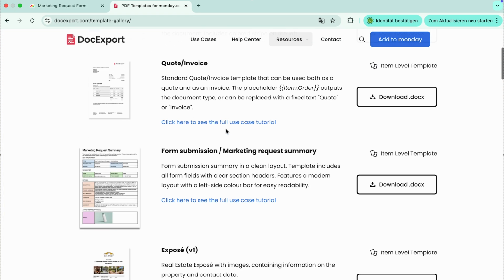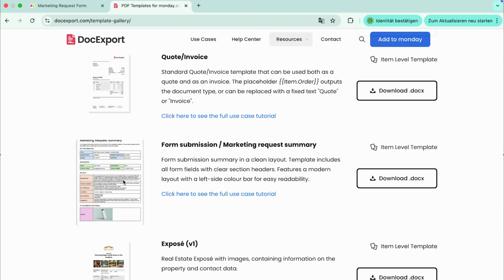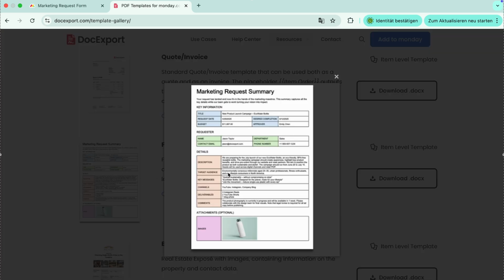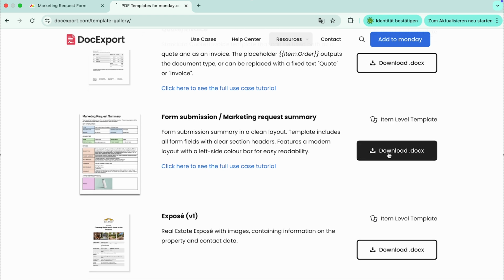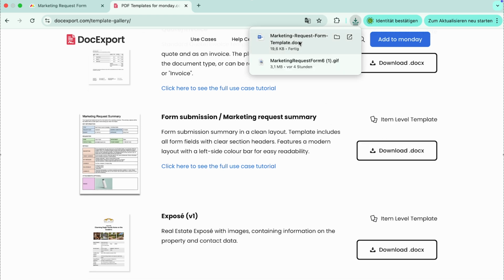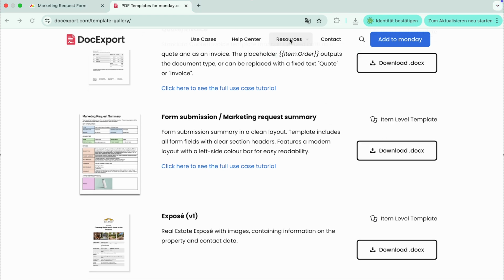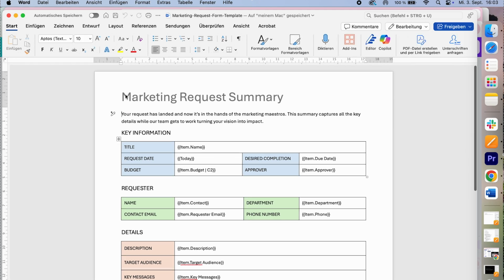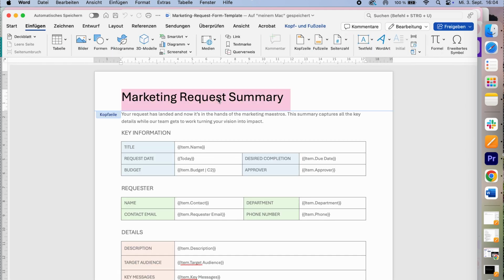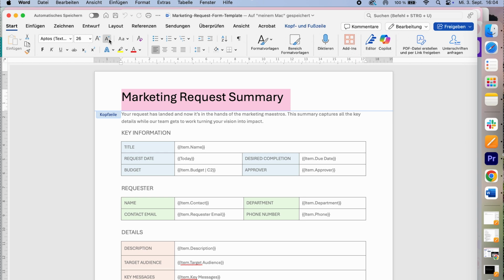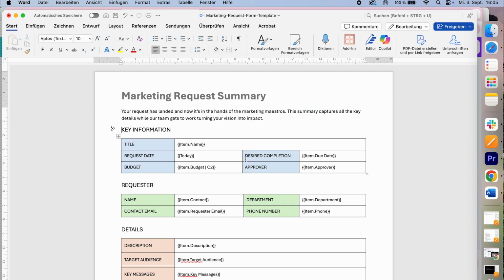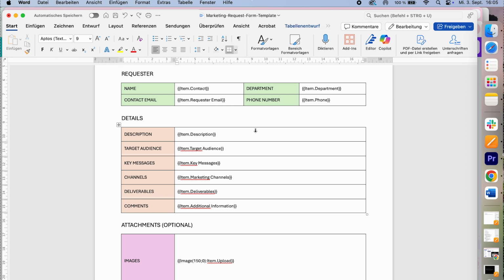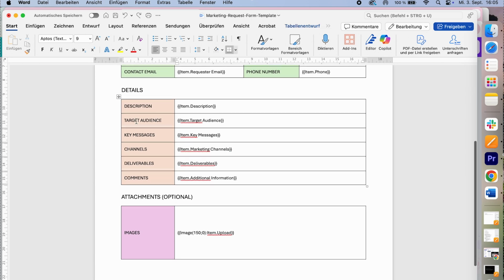You can create your own template from scratch or download our example template from our website. To save some time, that's what I will do. Open the docx template in Microsoft Word and adjust the style. You can add your logo, header, footer, or change the font and size to match your brand. You can also change or add placeholders. For example, if you want to insert content from your target audience column, the placeholder would be